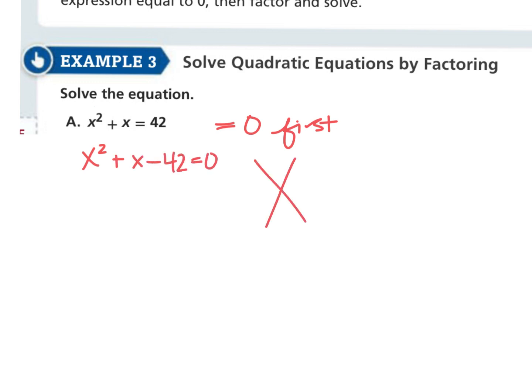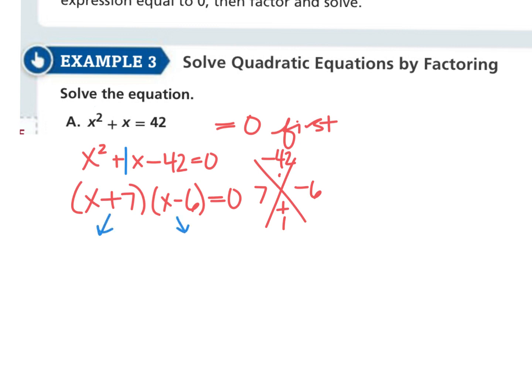And now I can factor this: two numbers that multiply to give me -42 and add to give me 1. That's a 1 right there in the middle, by the way, if you don't see it. Those numbers are 7 and -6. So I've got the factors x plus 7 and x minus 6. And now, because my equation equals 0, I can give myself a few cases. Either x plus 7 equals 0, meaning x equals -7, or x minus 6 equals 0, meaning that x equals